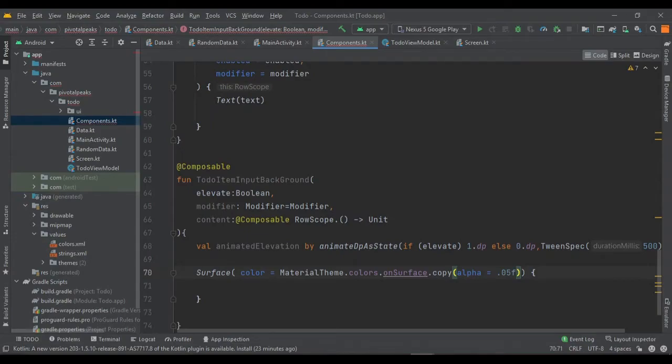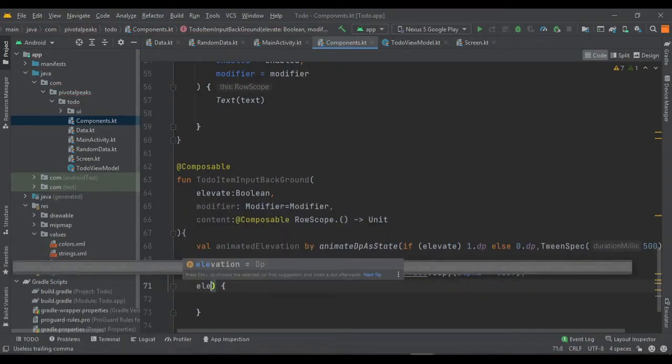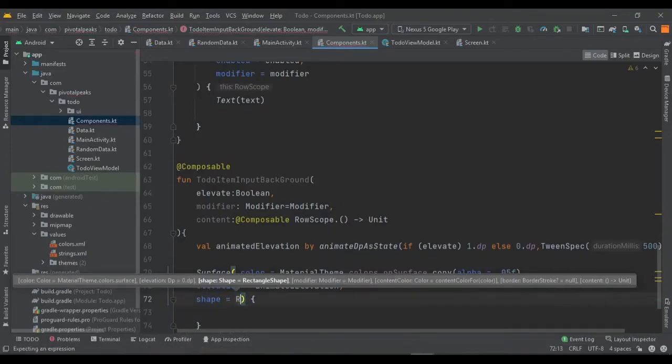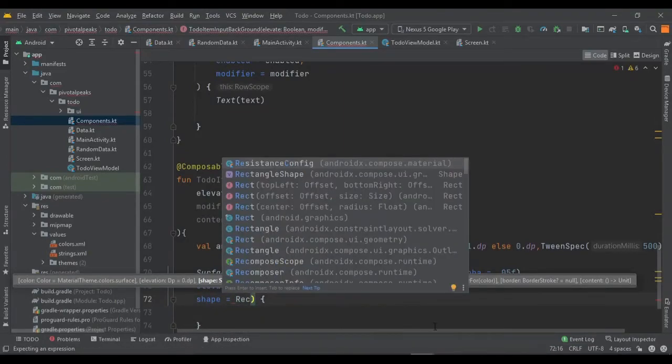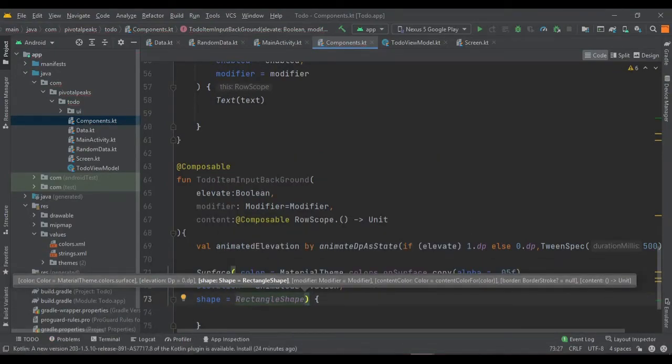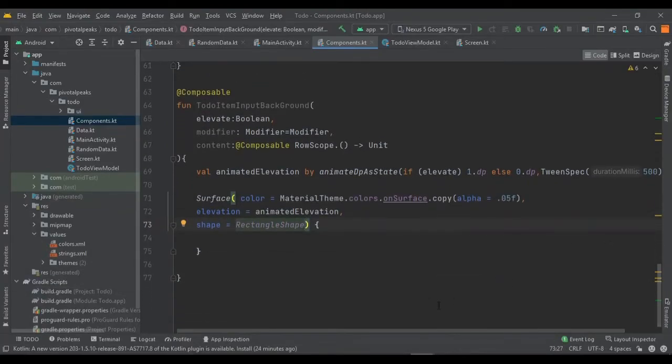It requires elevation, so elevation is going to be the animated elevation value that we created earlier, and it also needs a shape, so we can give it a rectangular shape. And so the parameters are complete for our surface.